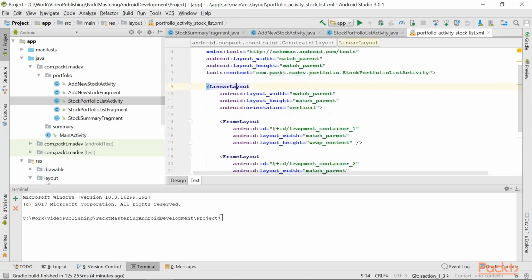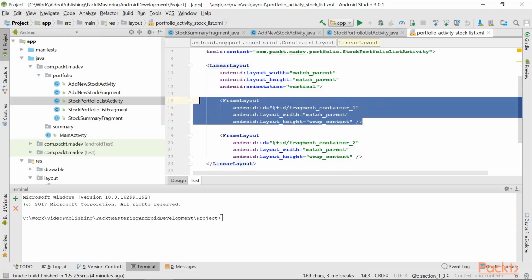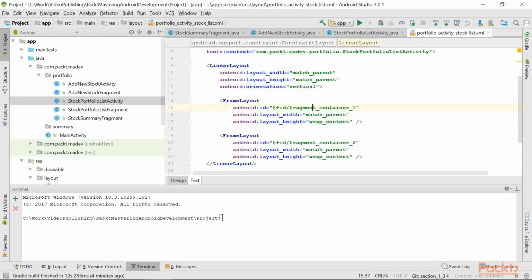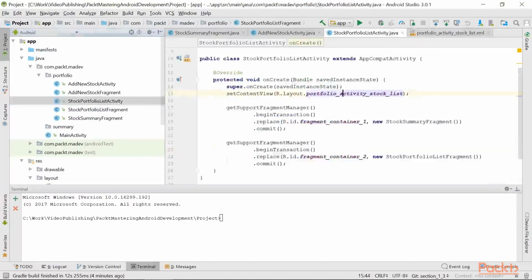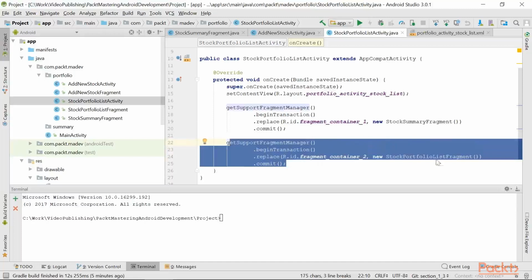We can see that it's a simple linear layout and it has two frame layouts inside. What's important here is that we have these two containers, fragment container 1 and 2. What's going to happen next is that we're going to replace those frame layouts with fragments. That's how you add fragments inside activities. Well, that's the most robust way. You get your support fragment manager, begin transaction, replace one fragment,